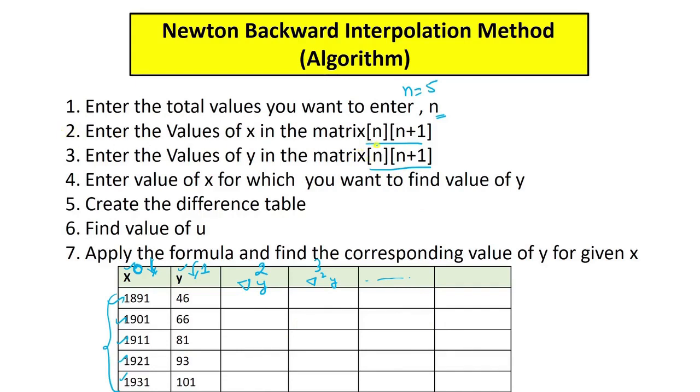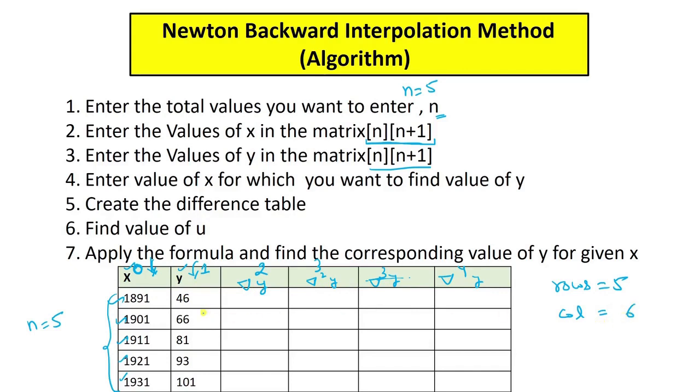Now, what will be the size of the matrix? Although you can take a very big matrix, it will be a wastage of memory. So to save memory space, we will take only the memory space that is useful to us. Here you can see we have n equal to 5 observations. As we have seen in our difference table, we were calculating del cube of y and the last was del 4 of y. So how many rows are there? Rows will be 5. And how many columns will there be? Columns will be 1, 2, 3, 4, 5, 6.